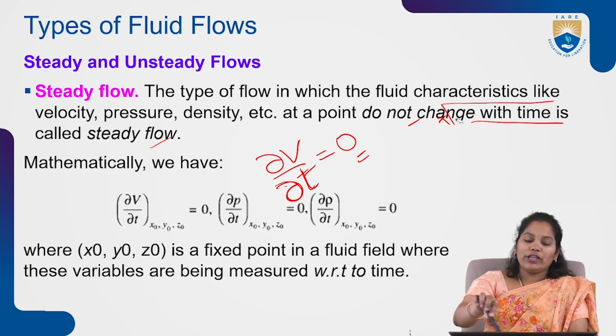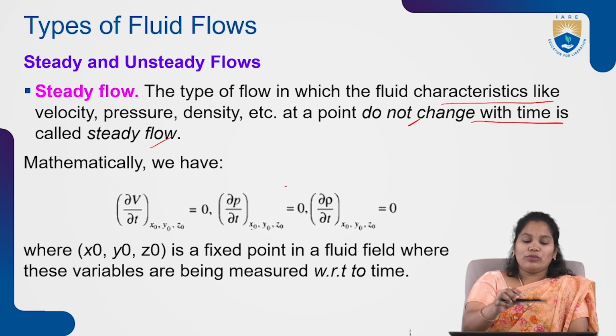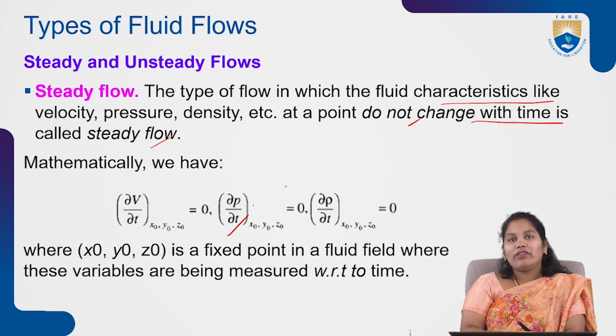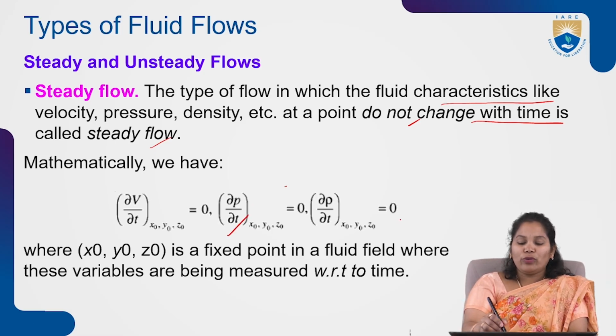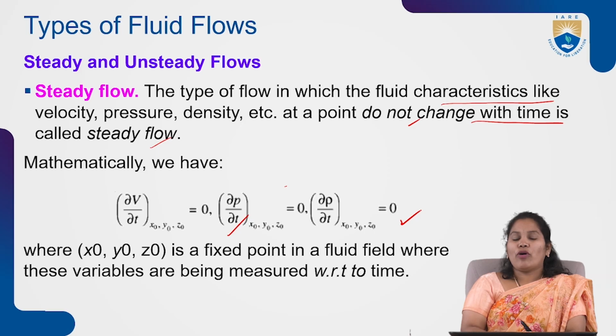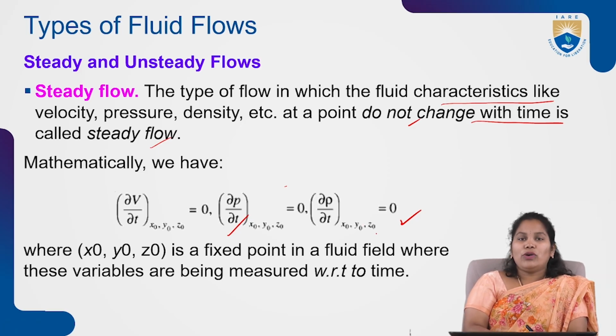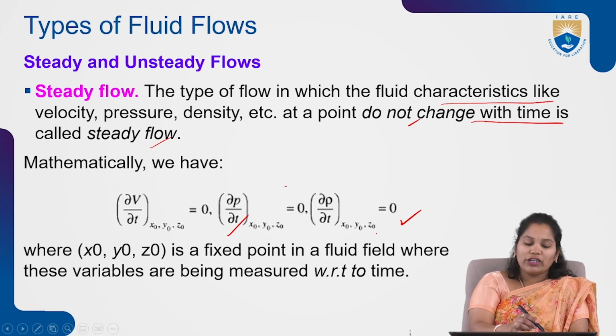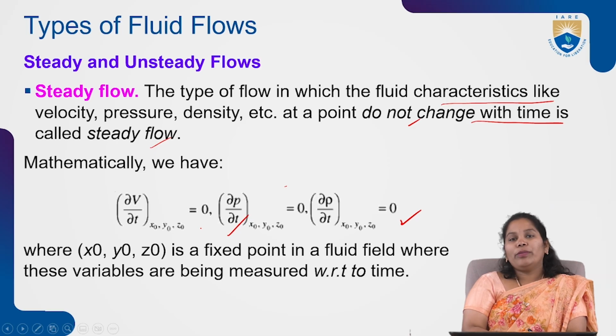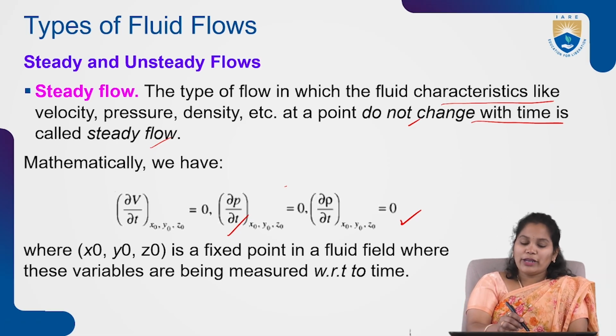Dou v by dou t is equal to 0, and dou p by dou t is also equal to 0, at a point x naught, y naught, z naught. Dou v by dou t at x naught, y naught, z naught is equal to 0. Dou p by dou t at x naught, y naught, z naught is equal to 0,